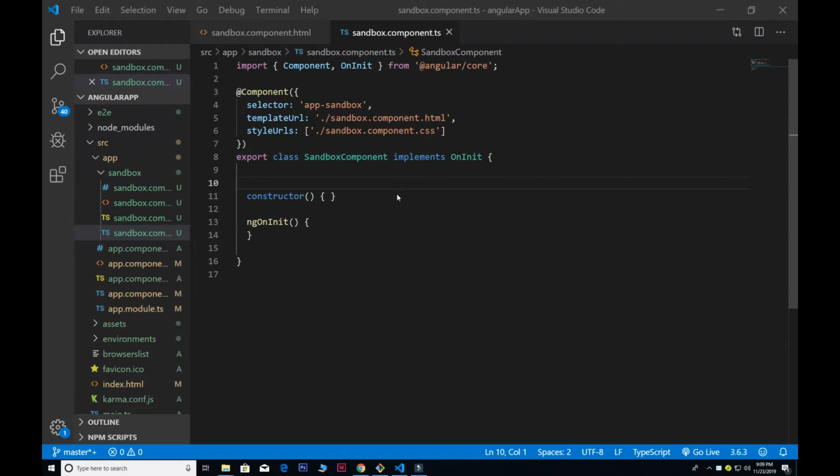In this video, I'm going to explain the ngSwitch, which is another Angular directive. So let's get started. So inside my